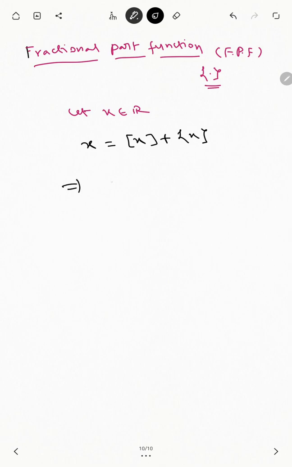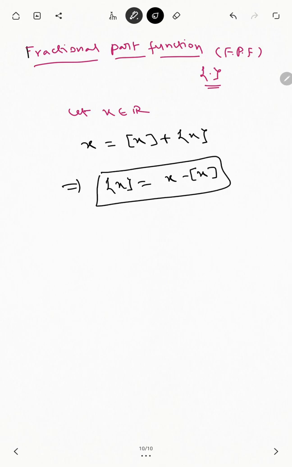So from this, the fractional part of x is equal to x minus the integer part of x. That is the definition of the fractional part of x. What is the domain here? The domain is R. Any real number can be placed in the place of x in the fractional part: 3.5, 3.6, minus 3.7 or minus 10.90. So the fractional part of x can receive any number, but what it gives,